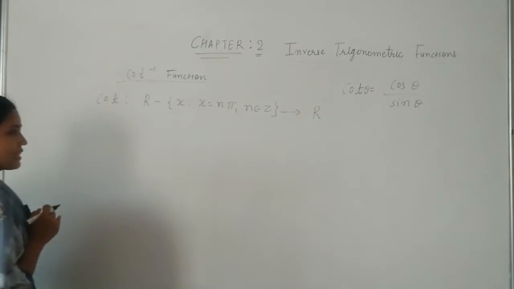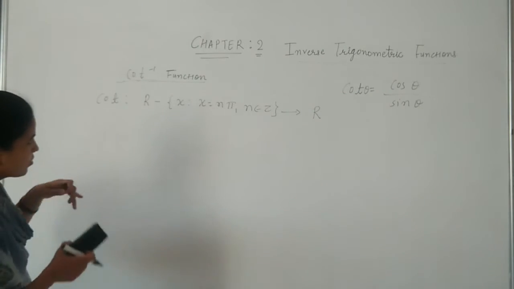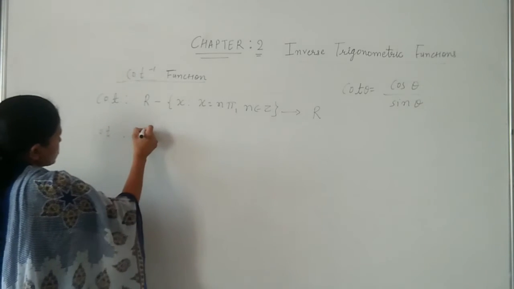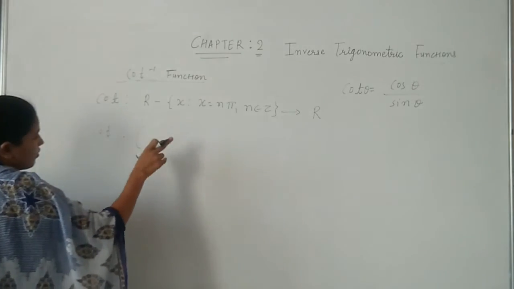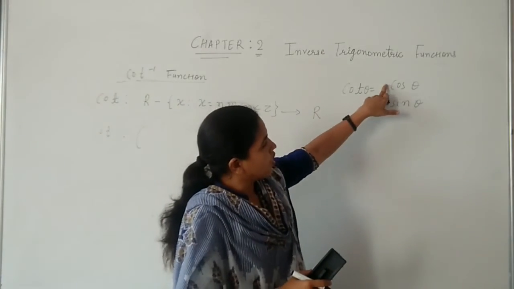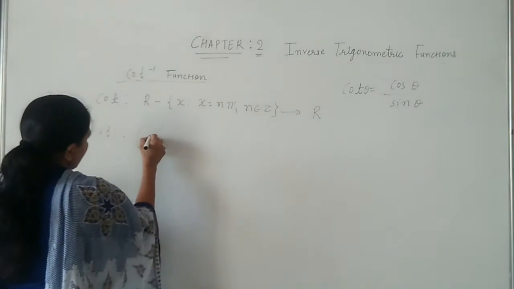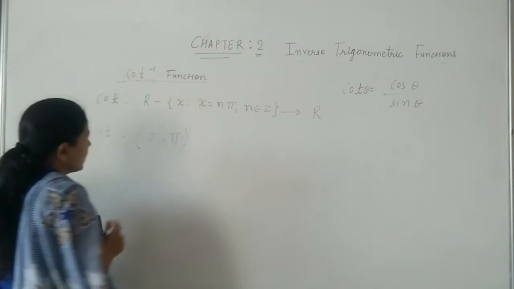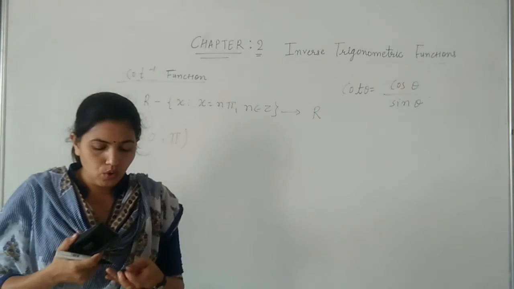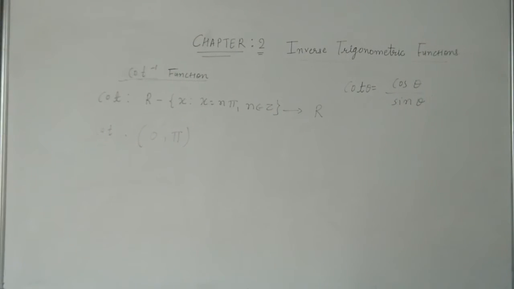Now, next thing what we have to do, as you know, this function is not one-one. So we have to restrict its domain. Let me restrict its domain as a cot function. You know that all the values where sine is not defined, as cot is a function from cos to sine, so we will take the interval of the cos function. The interval of the cos function is 0 to pi. But at 0 and pi, the cot function is not defined. Therefore, we are taking an open interval. With this interval, we will continue further.